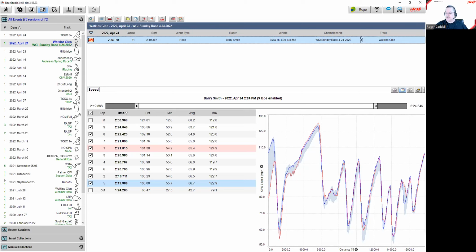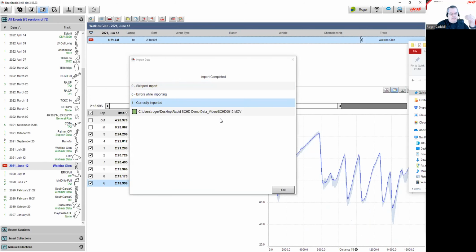So I'm going to bring this video file in, and I'm just going to import that into Race Studio 3, just like the user would. And here comes 12. I'm dragging it over. It has to be in this upper little window, so I'm just going to drag it over here and drop it. The same box that you've normally been used to seeing will pop up,